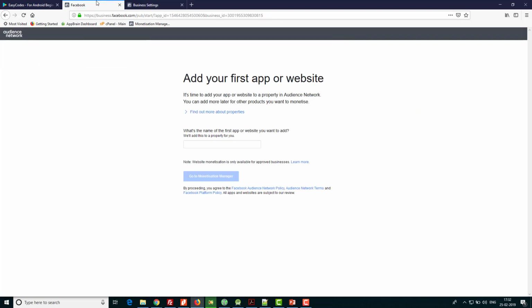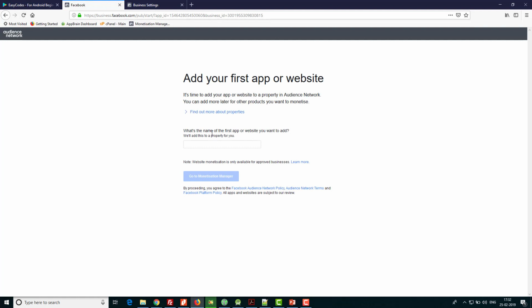Okay, that's it. Now on this page you have to give the name. I'm entering sample Android. Then click to go to Monetization Manager.